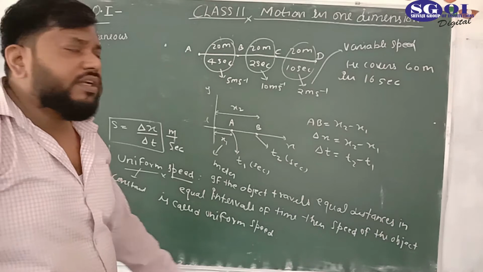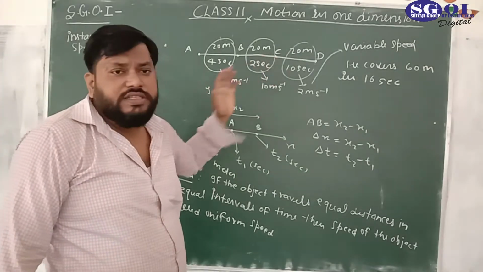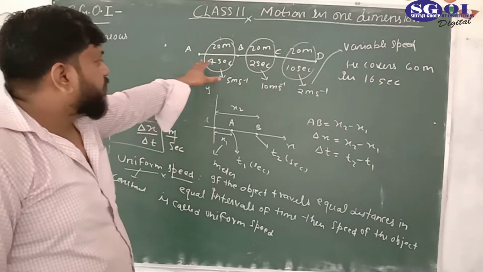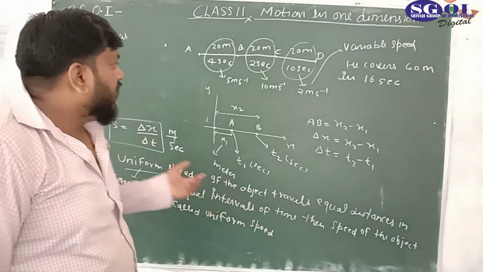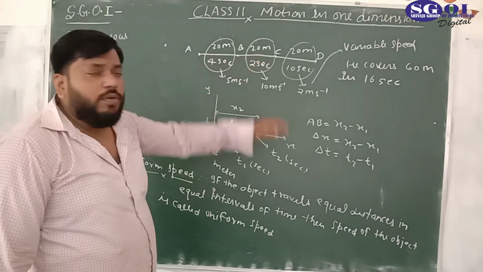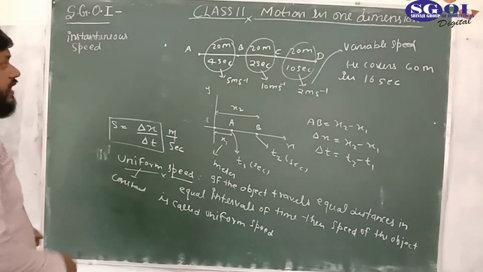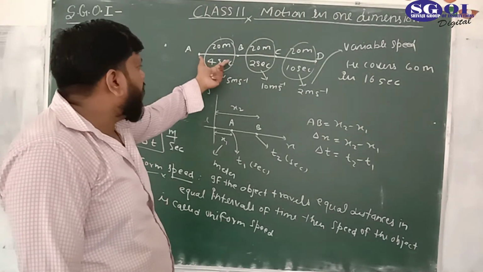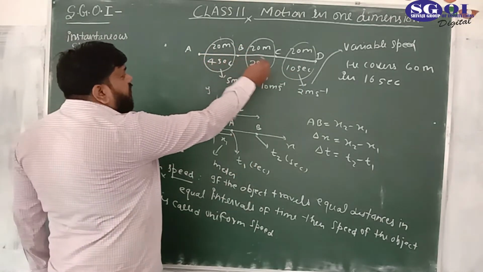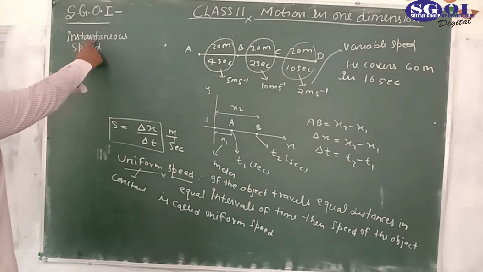This instantaneous speed comes into the picture when this time interval, you are seeing here 4 seconds, 2 seconds and 10 seconds, becomes very small. It means the speed of the object could change in a very small interval of time, so we can say at every instant of time the speed of the object is changing. Then in that particular case we cannot say that the speed is 5 and it is 10 and it is 10. If the speed is changing at each interval of time, it would be difficult to find the average speed in that case. Then we will talk about the instantaneous speed.